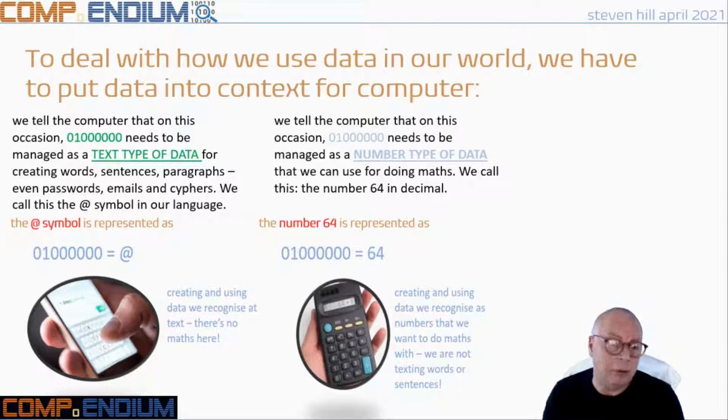And in our language, we call that the number 64, because we work with the decimal number system. Okay, two very, very different requirements for data, which the computer sees as essentially being the same, 0s and 1s. Okay, so hopefully this part of the video would have helped you to understand why data types are